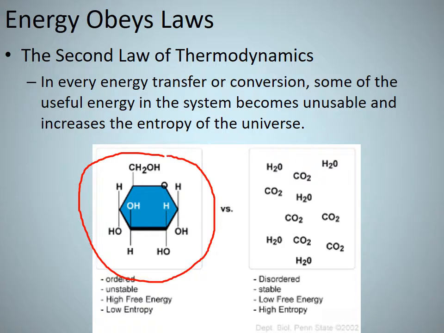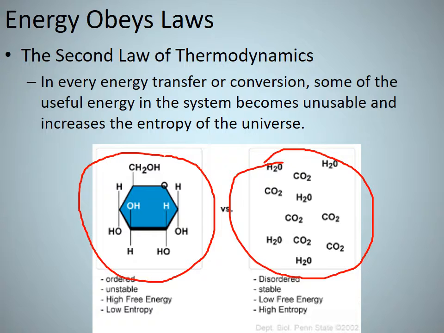A molecule will have low entropy because it is more ordered. So taking a look here, when we compare this glucose molecule to the water and carbon dioxide molecules, the glucose molecule here is more ordered. Okay? There's high free energy, so that means that because it is more ordered and less random, it has a low entropy. Now, as that molecule breaks apart, and we're starting to describe cellular respiration here,